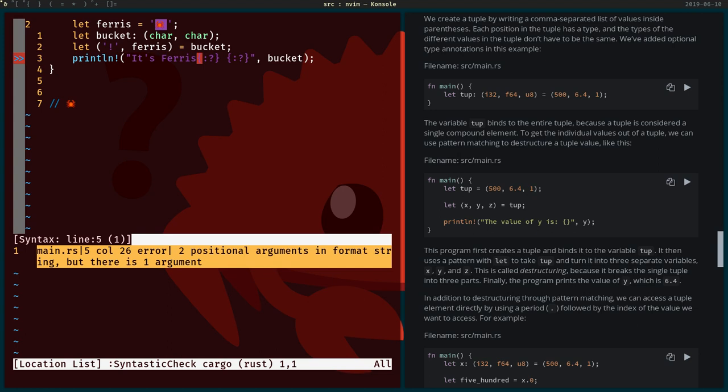So the bucket doesn't need to say, yeah, they actually did a little switcheroo here, didn't they? So we're gonna yank this little fella, yank him, and then